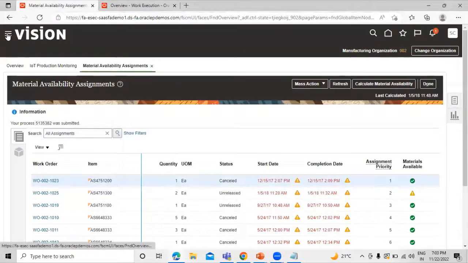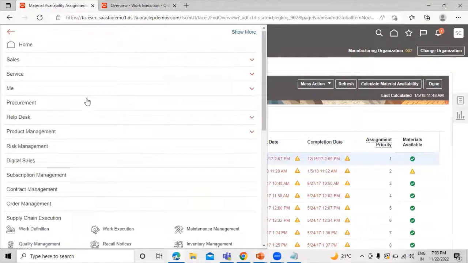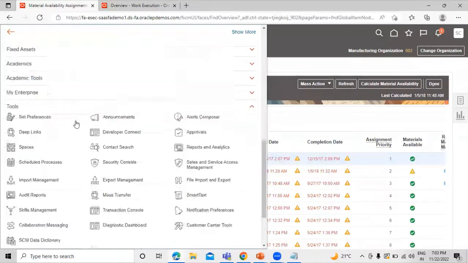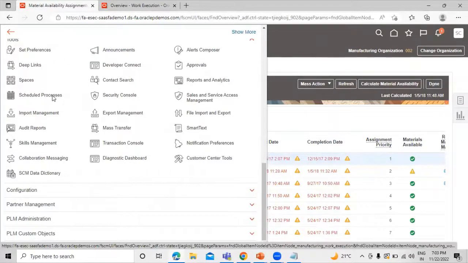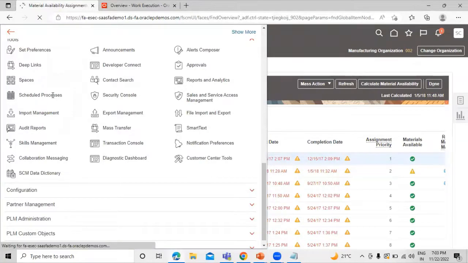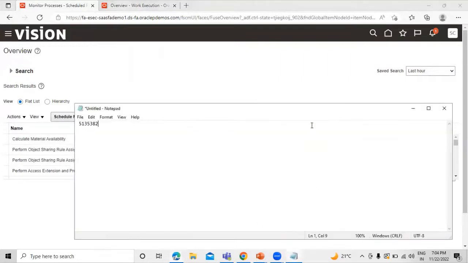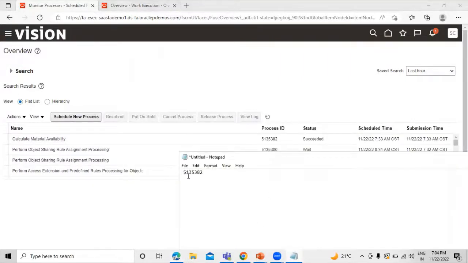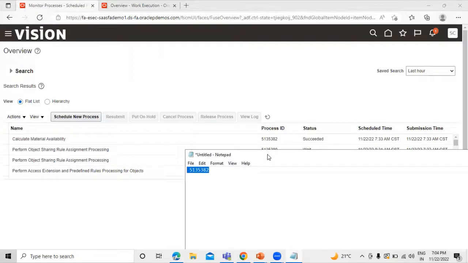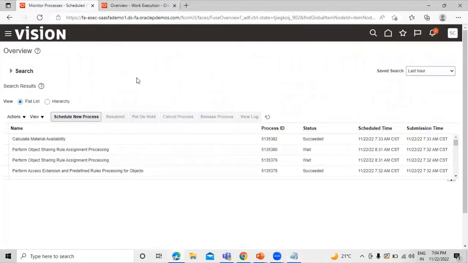So let's click on this Navigator, go to Tools, go to Scheduled Processes, and you can see the calculate material availability task has succeeded over here, and you can match the process ID 5135382. You can match it by this process ID over here. So this is how you can configure the material availability workbench in our Oracle Fusion Supply Chain